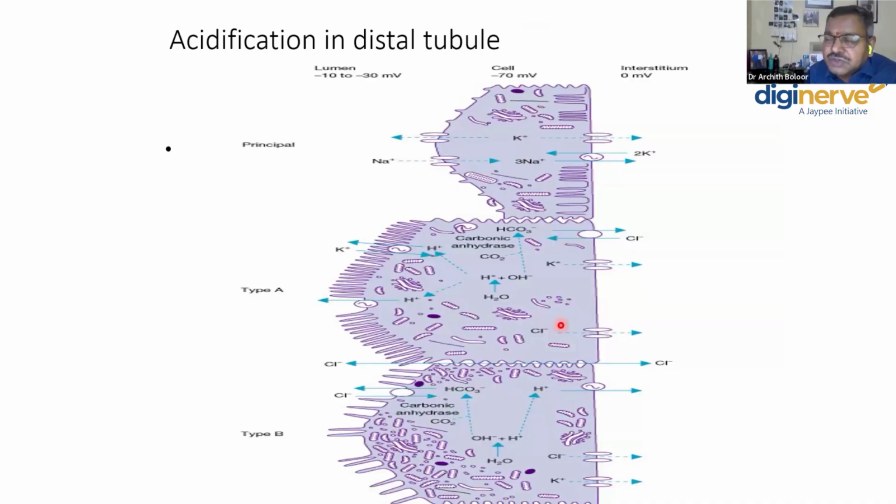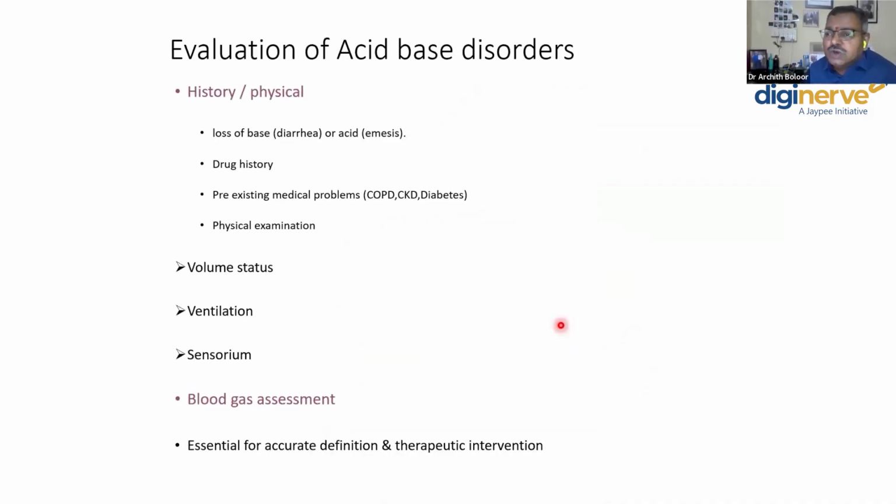The acidification of the urine may be affected in one of these that we could see there. So after knowing the basic physiology, let's please understand what is this acid-base disorder. Please remember, it is not an ABG alone that we are looking at and making the diagnosis whether it is